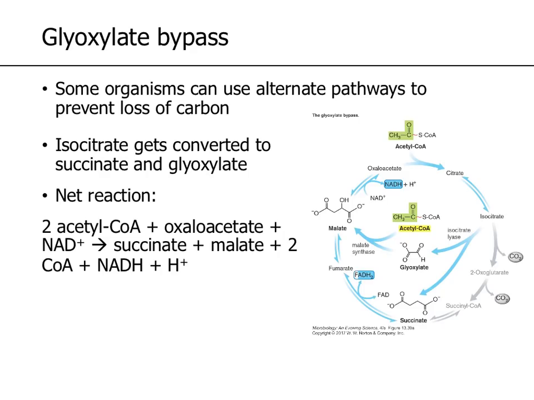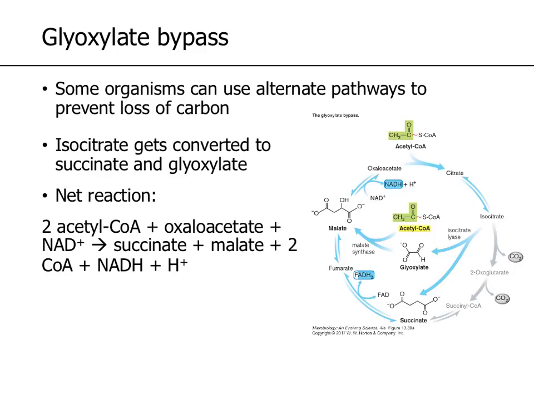Okay, so the last thing we'll go through today is this glyoxylate bypass. Some organisms can use alternate pathways. This is in the case where the cell is in a situation where it wants to prevent any loss of carbon. The carbon dioxide that gets thrown out at the end of these is just a loss of carbon for the cell. So if it needs a little bit of energy, but it can't waste the carbons because it actually needs to start synthesizing things,